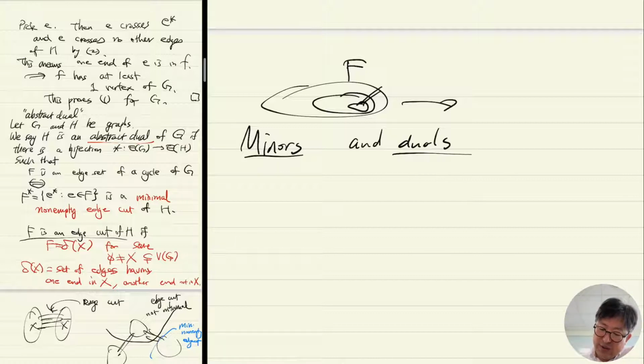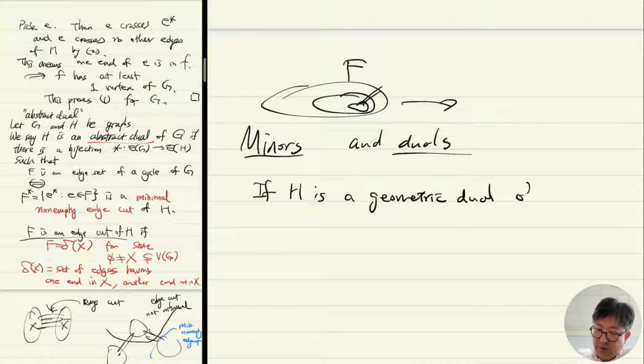So we can easily observe the following. If H is a geometric dual of G and E is an edge of G, so let G be a plane graph,